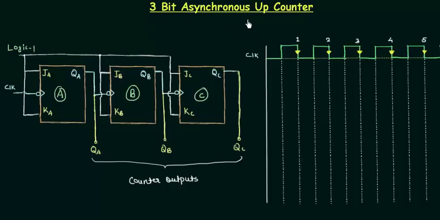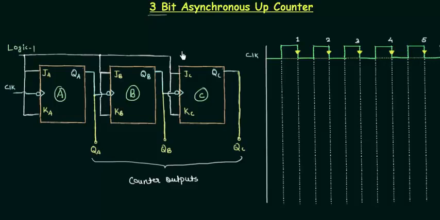Now this is the best time to study the 3-bit asynchronous up counter. It is asynchronous and also the up counter. By asynchronous we mean the clock is not given simultaneously to all the flip-flops used, but the output of the first flip-flop will act as the clock for the next flip-flop. This is the meaning of the asynchronous counter. And by up we mean it will start counting from the lower value, and when every clock pulse passes, it will count to the higher value. For example, if it is at 1, then for the next clock pulse it will count 2 and then 3 and then 4.